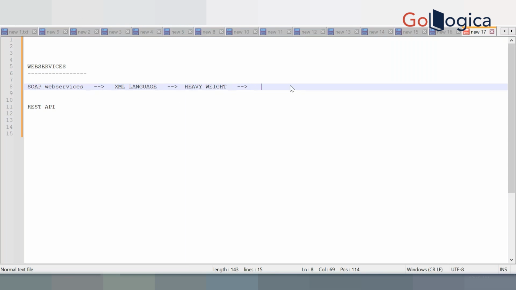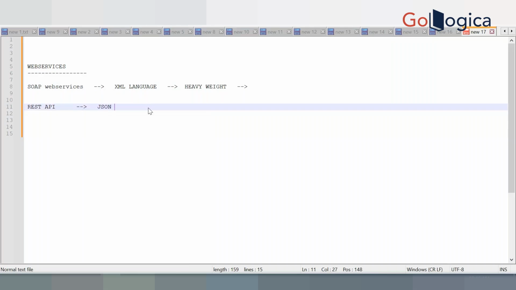In olden days, no one was using the internet, very few people were, so even if it was heavyweight, it was fine; they were maintaining it. But nowadays everyone is using mobile and the internet, ordering, invoicing, everything. So we are getting millions of records. To reduce weight and improve performance, they introduced the JSON language.